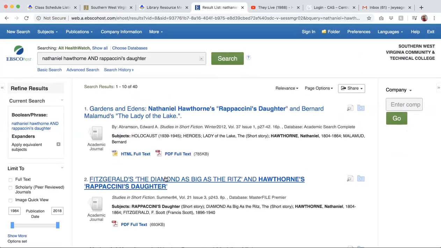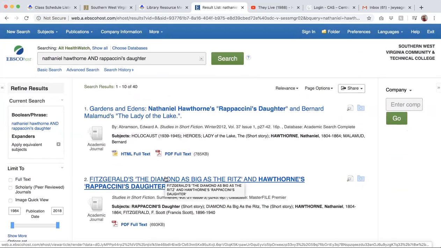Of all the authors we read, Hawthorne, Poe, McTeague, Yellow Wallpaper, and Frankenstein, all those have a lot of stuff. Some of the stuff we're reading later, like Country Doctor and Aerosmith, don't have a lot of stuff. So I can tell you what has a lot of stuff and what doesn't.